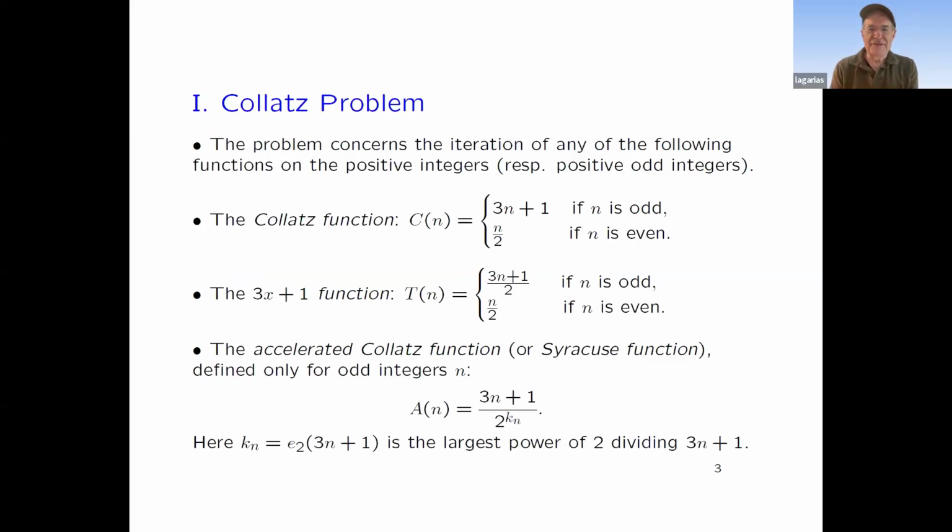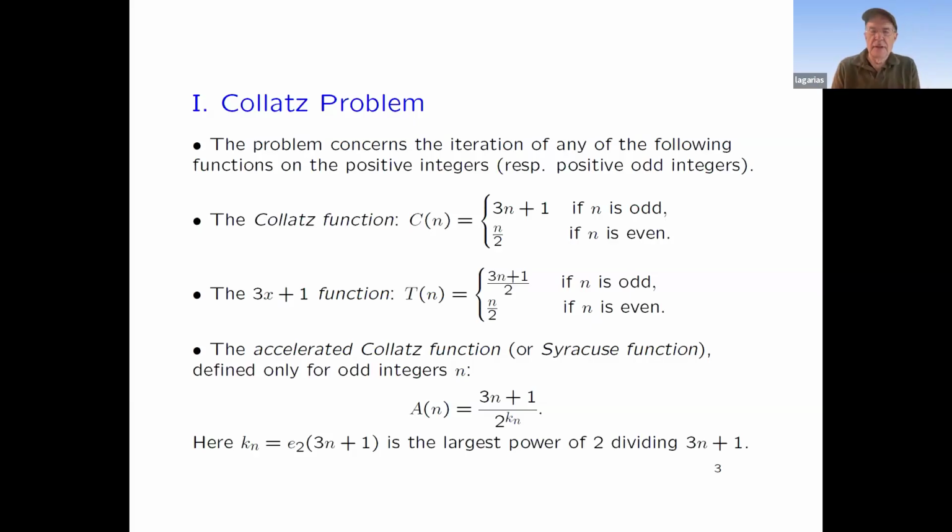The Collatz problem has three versions. They concern the iteration of any of the following functions on the positive integers. The Collatz function: if it's odd, you multiply by 3 and add 1. If it's even, you divide by 2. The 3x plus 1 function normalizes it. It multiplies by 3n plus 1 and divides by 2 if it's odd, and then divides n by 2 if it's even. So the 3x plus 1 function behaves very nicely because it extends to the two adic integers